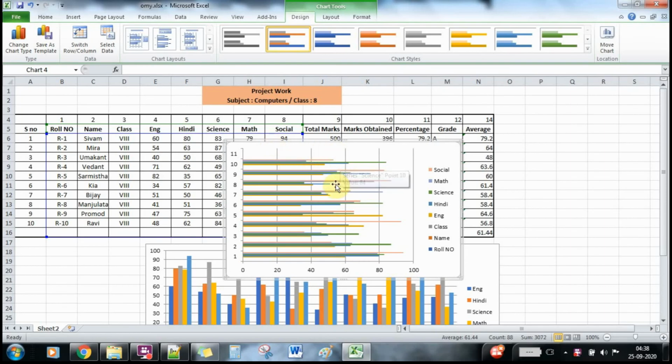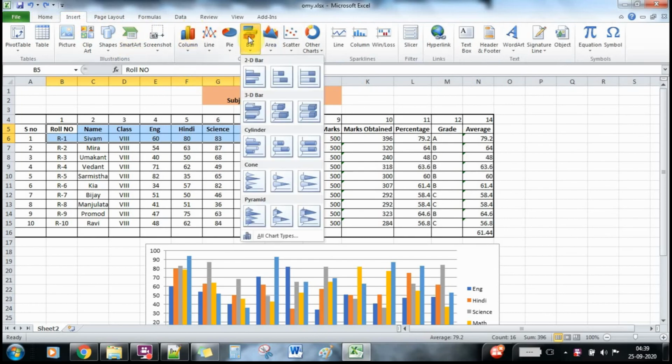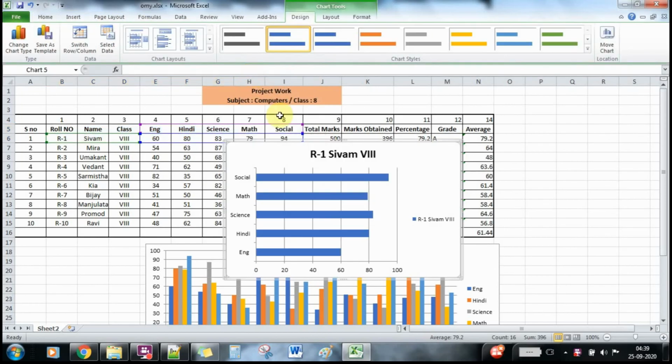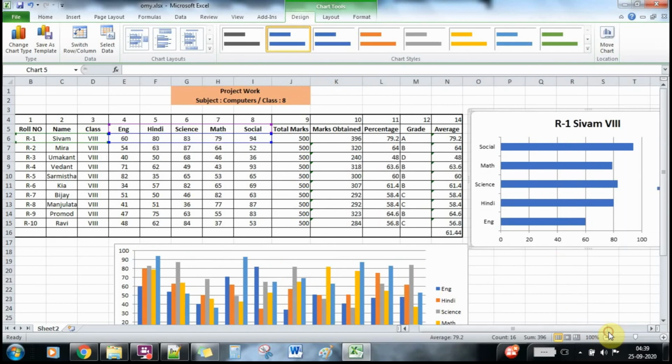Or if you want it for only one student, let me press Control Z, and I want only one student, so I can do this, insert, so I can get it for only one student here. Okay, so this is the thing for only one student I have.